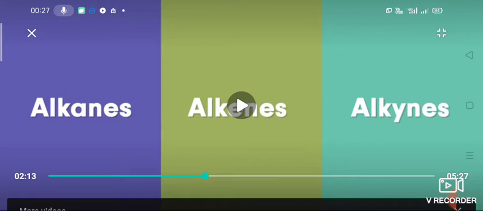When you see alkane, it has single bonds between the carbon atoms, and the general formula is CnH2n+2. At the same time, alkene is an unsaturated hydrocarbon which has a double bond. At least one double bond should be there between the carbon atoms. That is known as alkenes. If a double bond is present in a hydrocarbon, then it is called an alkene. The alkene general formula is CnH2n.